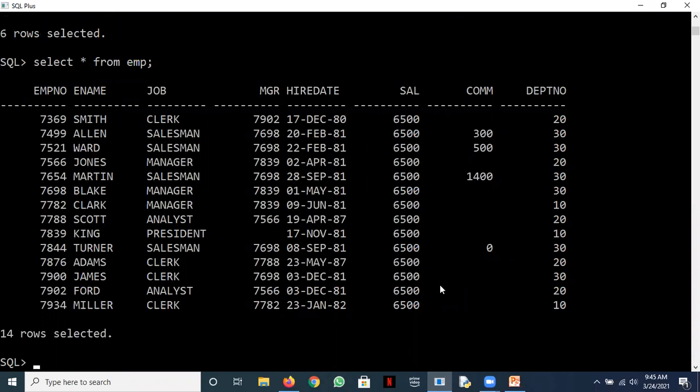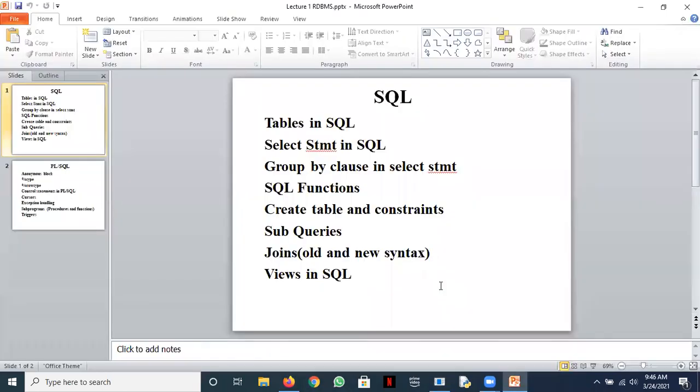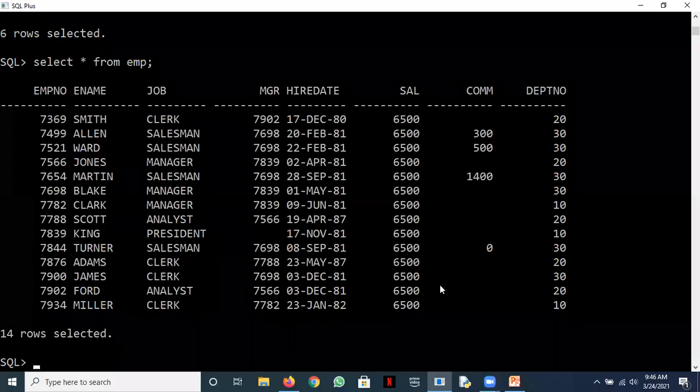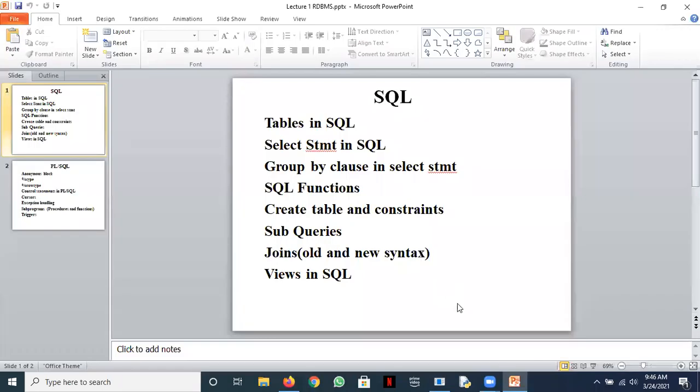And then further, if we just go to our presentation, we have the group by clause in select statement. Sometimes we might need to group our data. For example, if I just mention a query to you here, I'll just add it here itself.